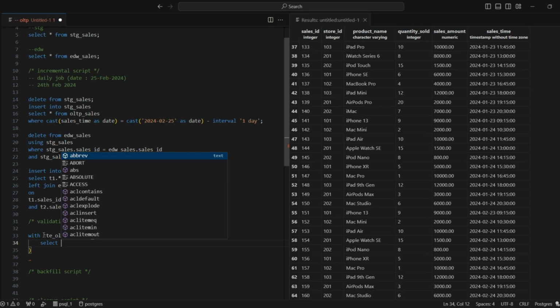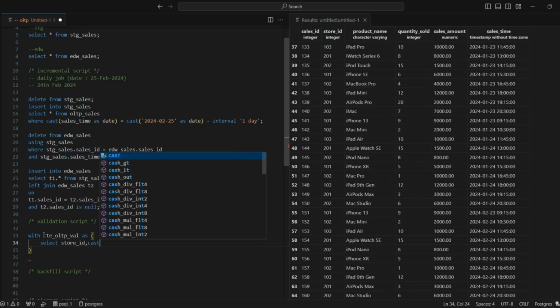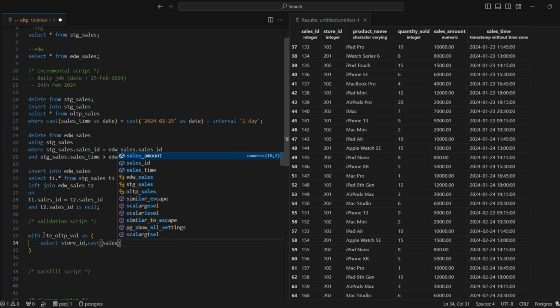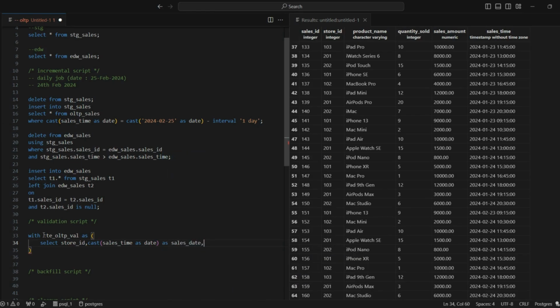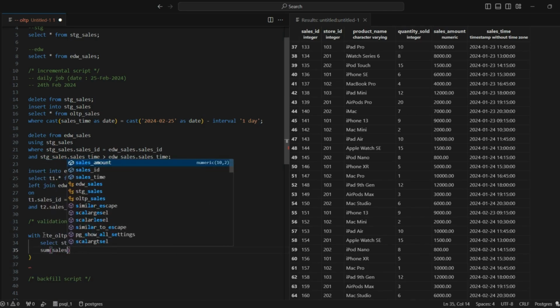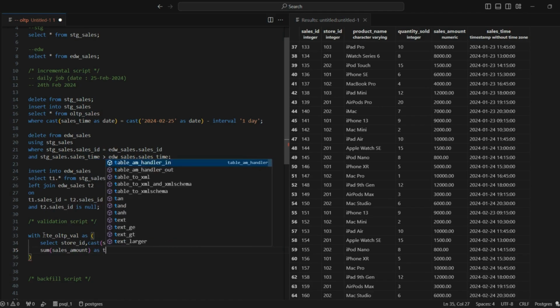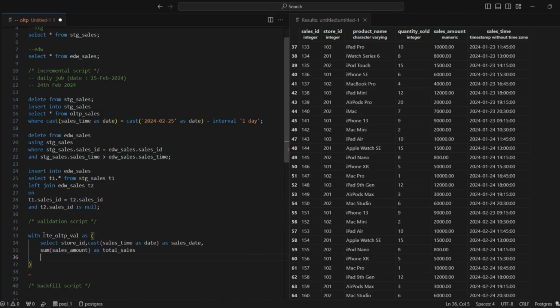So what we'll do now is select store ID, comma. Again, I will just cast the timestamp column into date for the sake of simplicity. And in this case, we have that flexibility also to do it. So I'll just give it a name as sales_date. And then I'll do sum of sales amount as total_sales from OLTP sales,